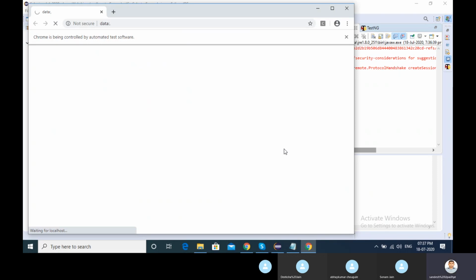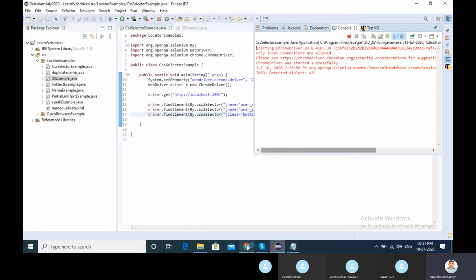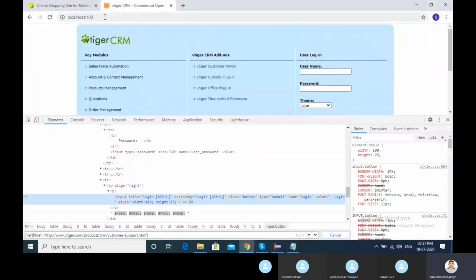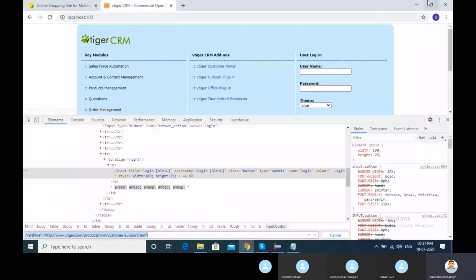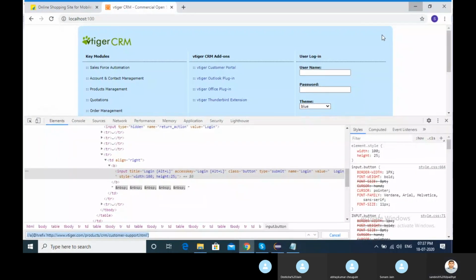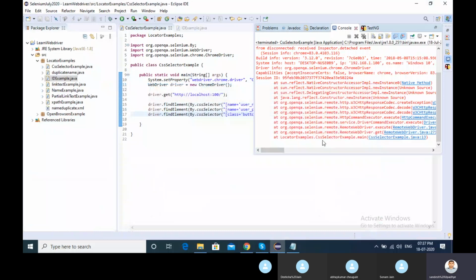It's taking time to open the URL anyway. I'm just checking it. Okay, let me close.